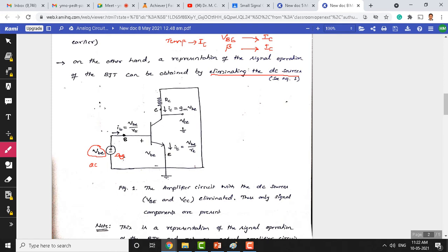So this is the emitter current, and you can also look at the AC collector current here. The expression for the AC collector current is gm times vbe. The collector current depends on the transconductance of this BJT. This transconductance is a standard value which comes when the transistors are manufactured. Depending on what signal vbe we apply at the input, the transistor amplifies gm times that. gm is decided at the time of manufacturing, and we can see gm from the manufacturer data sheet also. gm is a standard value for a given transistor.